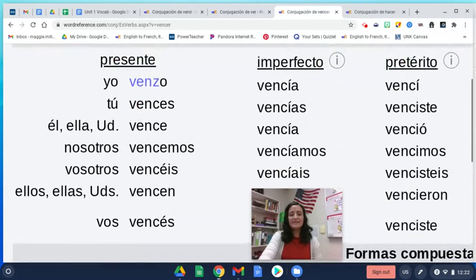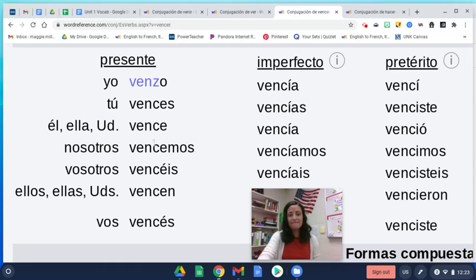In the present tense, it's almost a regular verb, except for that yo, you guessed it, right? Because the present tense, again, just has a lot of irregular yos. Now here we're going to make a spelling change, and we're going to change the C to a Z, and that's for pronunciation, because if we left it a C, we would pronounce that venko, but the infinitive is pronounced vencer, and so we're going to want to maintain that sound. So we trade the C for a Z, and then it's pronounced venzo. From there, though, it's a regular verb.